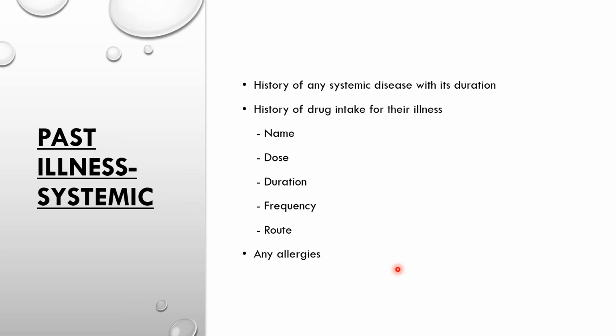Then for these systemic conditions, if the patient already knows them, you have to ask whether he's taken any medication. Why do you want to know if they are on any medications? Because a lot of drugs are responsible for a multitude of ocular conditions that could arise because of them. For example, if the patient is a case of autoimmune disease and they're taking steroids.